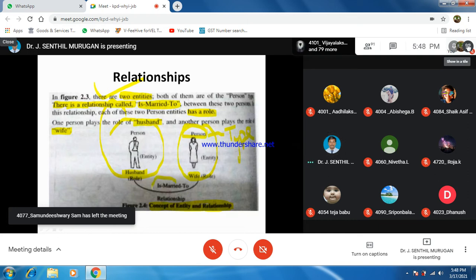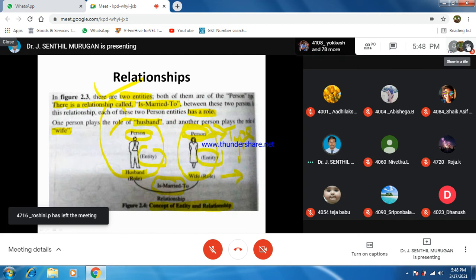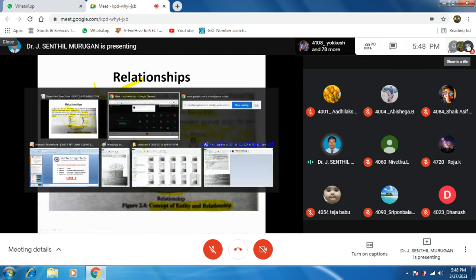If a girl is married to a boy, then both are considered wife and husband. Their roles become wife and husband. Then what is the type? The type is person. Both are persons only. So that is the type. And what is the entity? Husband and wife is the role, and the entity will be there based on that particular person.